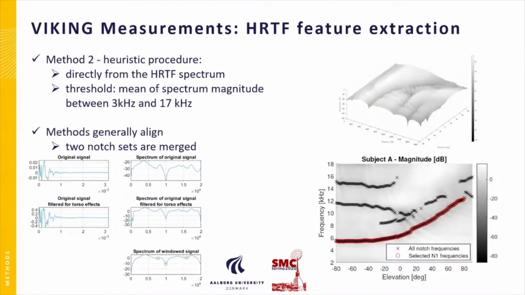The second method was a more straightforward method, where we extracted the notches beneath a certain threshold directly from a windowed HRTF spectrum, where this threshold was varied from subject to subject as the mean of the spectrum magnitude between 3 and 17 kilohertz. What we found was that the two methods generally aligned, and furthermore we merged the two notch sets together. So if one method couldn't identify a notch but the other did, we still eventually had that